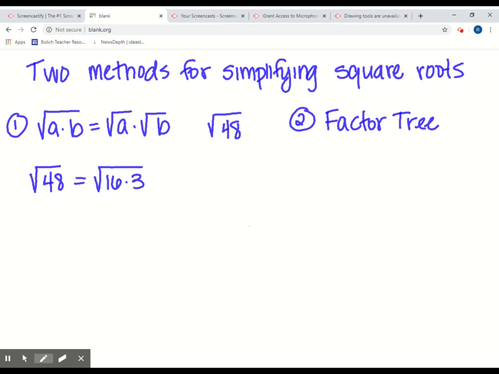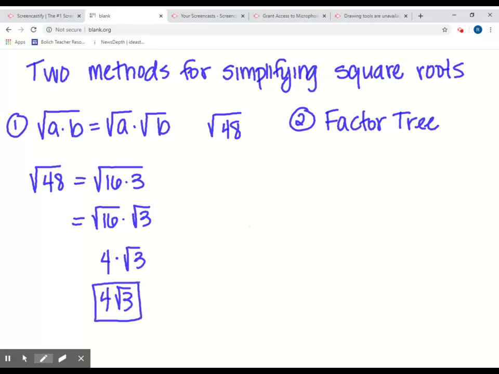Now, we can then split the square root into two parts. So this is now the square root of 16 times the square root of 3. And we know that the square root of 16 is a perfect square, so this is 4 times the square root of 3, which can then be written as 4 square root of 3. So that method is really nice and very fast if you're able to see what perfect square goes into